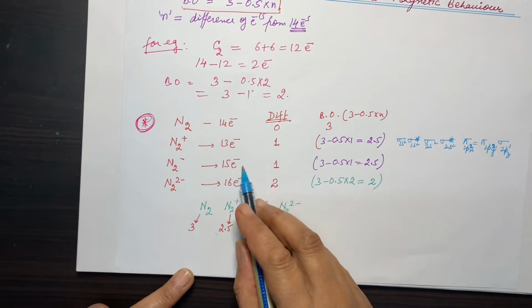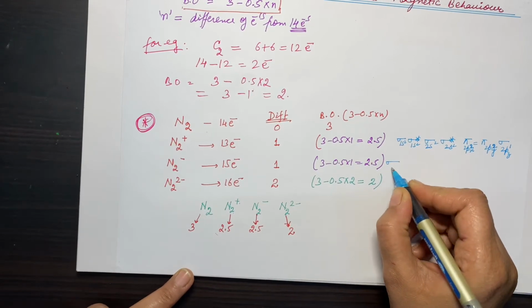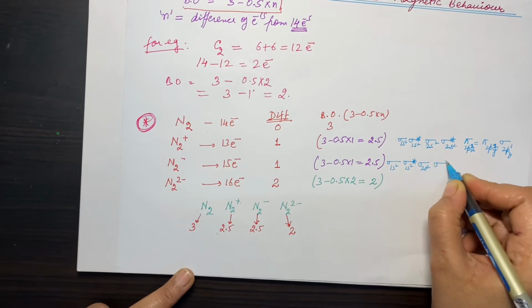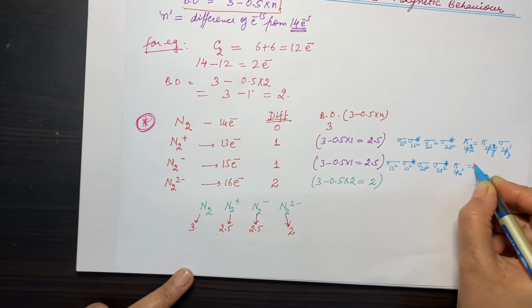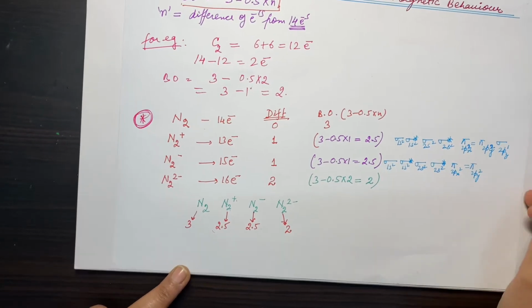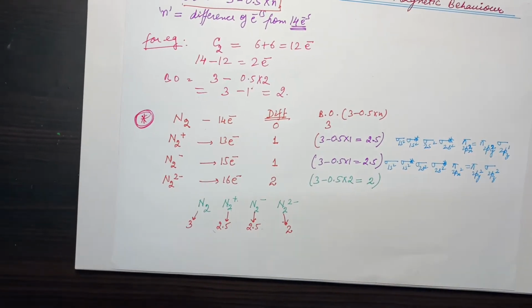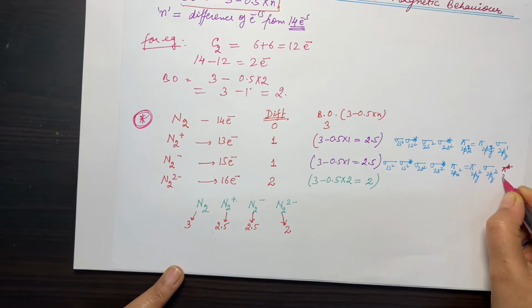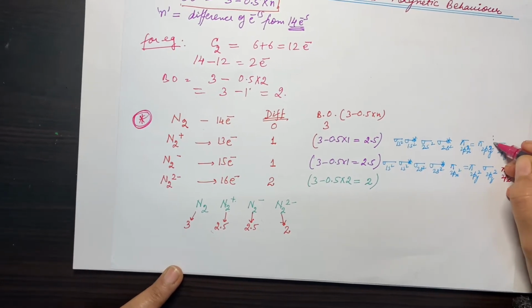But in this case we have the 15 electrons. So in 15 electrons we have sigma 1s2, sigma star 1s2, sigma 2s2, sigma star 2s2, pi 2px2, pi 2py2. Now I can write it directly. Sigma 2pz2. Up till here we have the 14th electron. Now the 15th electron will enter in anti-bonding pi star 2px1. What is our difference? The difference lies over here.